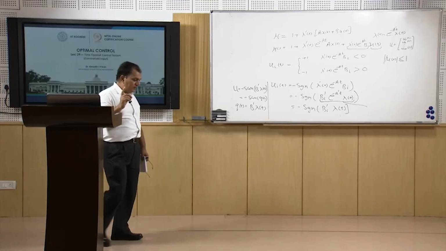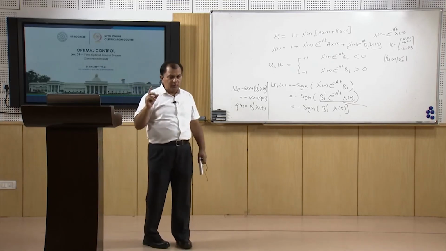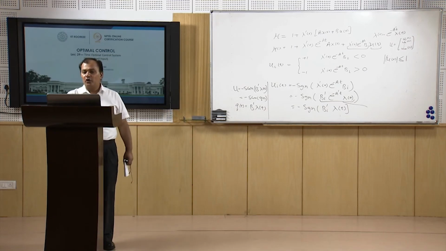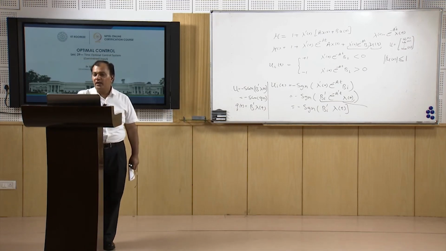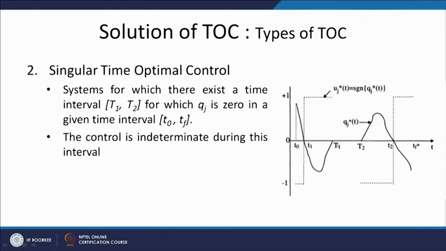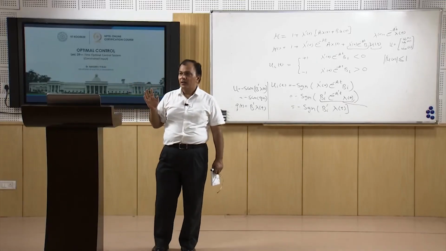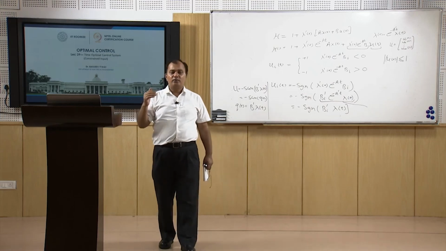So, that is why initially we assume that my system should be completely controllable. If the system is not controllable, then a time period can exist in which the u will be undetermined. So, this is the basics of a time optimal control system,